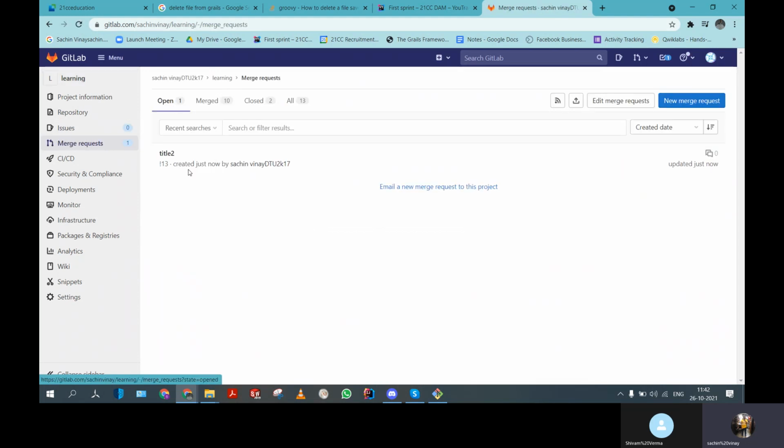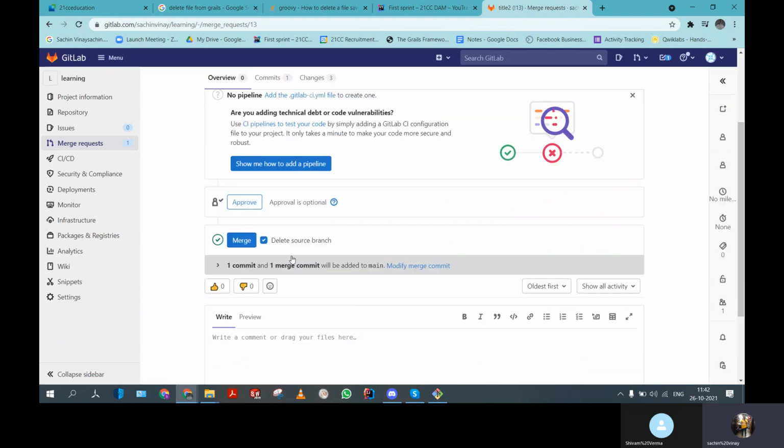So as I click on the merge request, it can delete the source branch, or I can just merge and leave the source branch there.